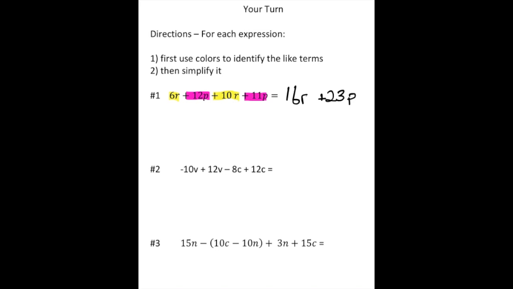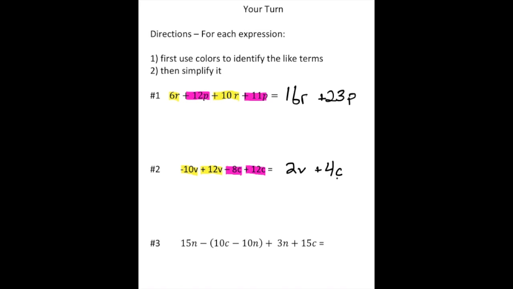Let's go on to the second problem. Here we have a negative 10v, and right next to that, a positive 12v. I'm also going to highlight in a different color a negative 8c as well as a positive 12c. Now when we simplify this, negative 10v plus 12v will give us a positive 2v. And then negative 8c plus 12c: negative 8 plus positive 12 gives us a positive